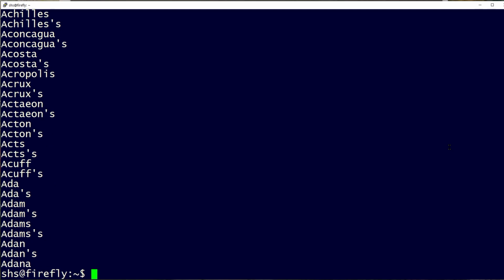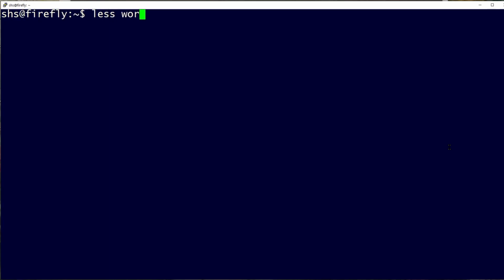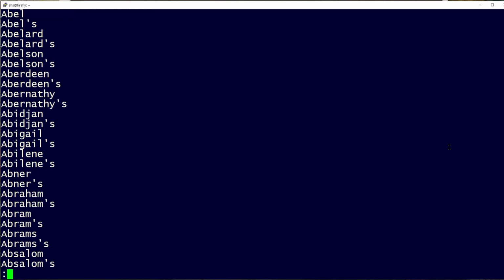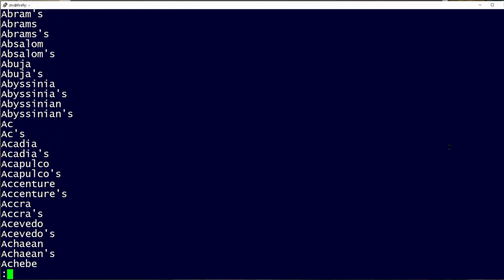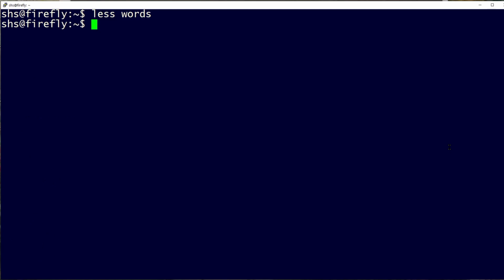The less command allows you to browse file content as well, but it also allows you to move backwards and forwards in the display. Yeah, it's called less, but it actually does more than more. You would use the arrow keys on your keyboard to move up and back down. So let's go ahead, clear the screen, and then look at the words file with less. So we can go down, or we can hit the up arrow key and go back up. And then again, Q when you're ready to quit.